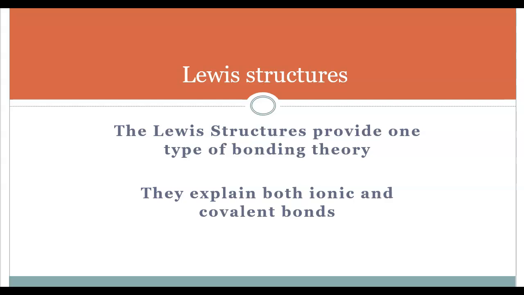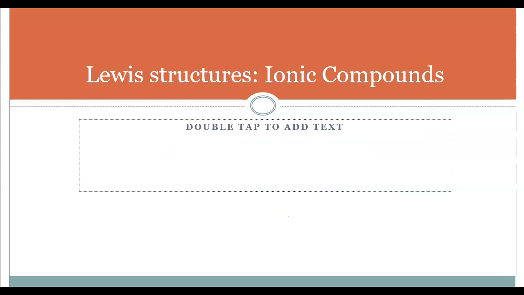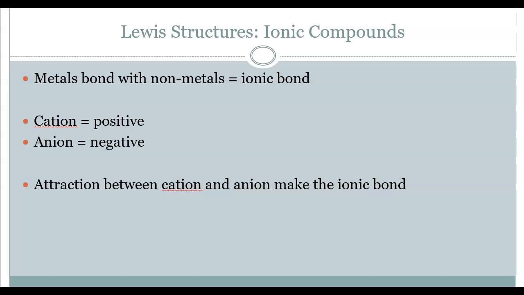Alright, so today we'll take a look at Lewis structures, specifically for ionic compounds. Lewis structures help us to explain bonding theory for ionic and covalent bonds. So we'll take a look today at ionic compounds. With ionic compounds, as a reminder, you have a metal with a nonmetal that will form an ionic bond. The cation is positive, the anion is negative, and that electrostatic attraction between the cation and anion make the ionic